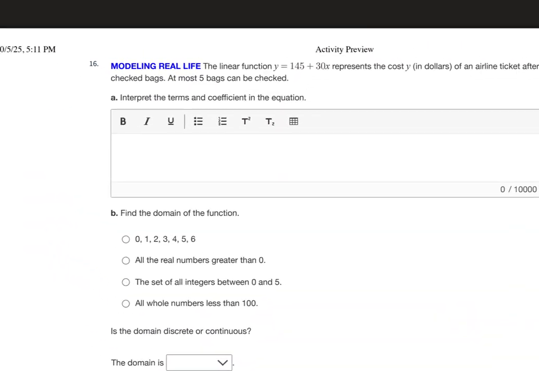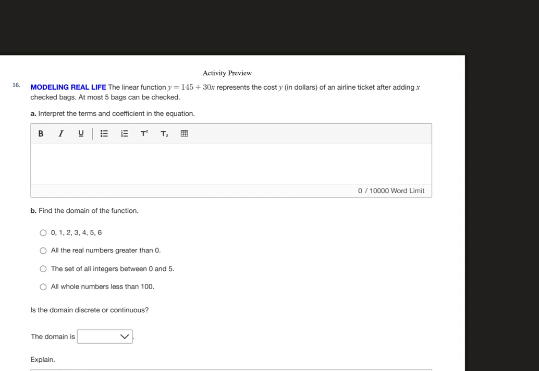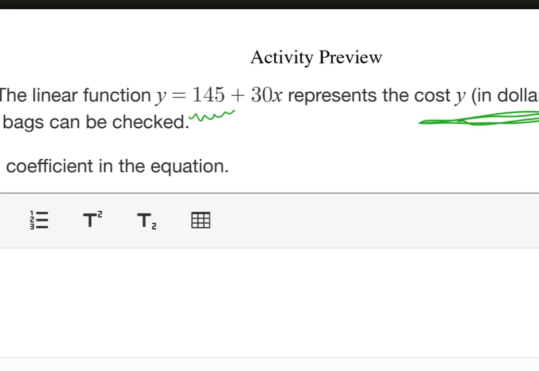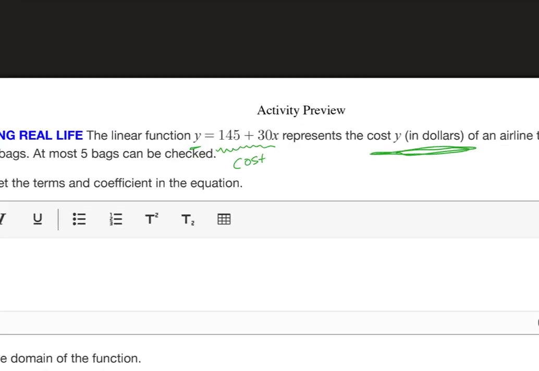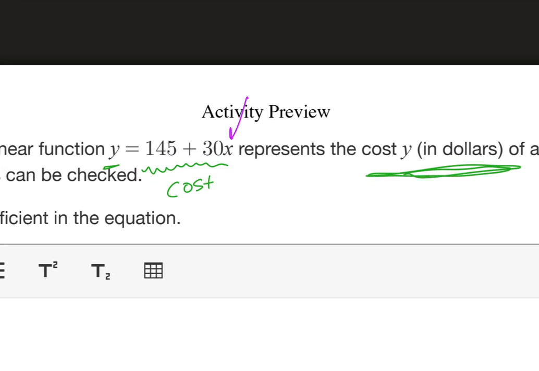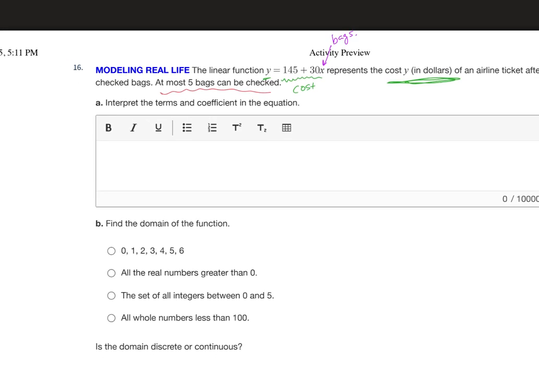We're almost out of here. Modeling in real life, the linear function y equals 145 plus 30x represents the cost in dollars of an airline ticket after adding x checked bags. That x is bags. Okay. At most, 5 bags can be checked. So the domain of the function is, let's see,